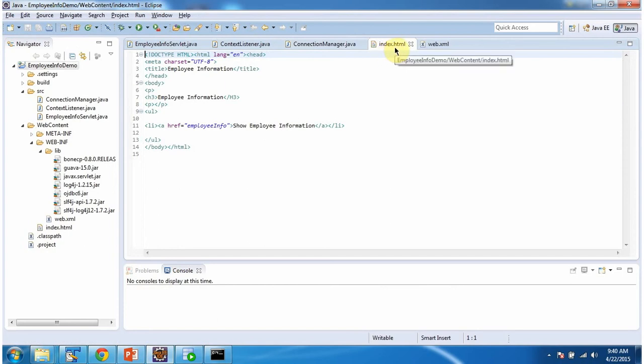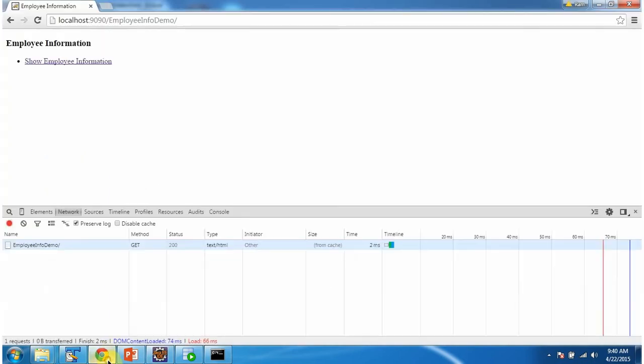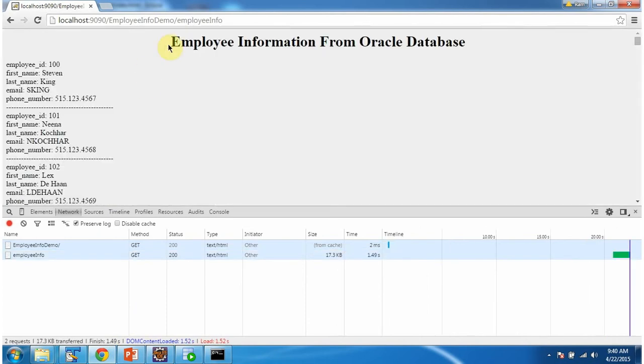This is the welcome page, and it has one link, show employee information, and the URL pattern is employee info. And I am clicking this link, and the request goes to the server, and the URL pattern is employee info.